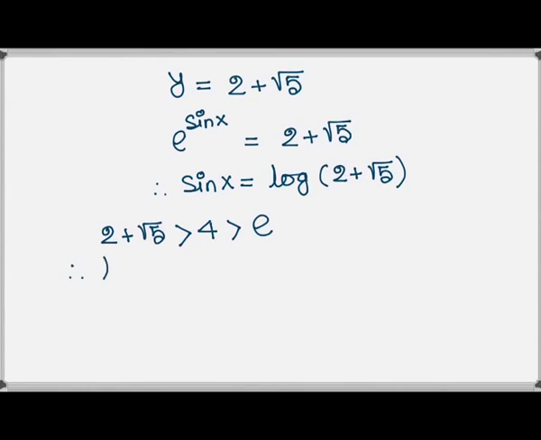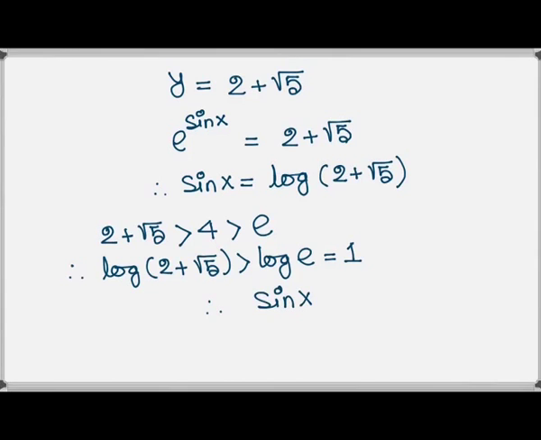So therefore logarithm of 2 plus square root of 5 is bigger than logarithm of e, as logarithm is an increasing function, and we know that logarithm of e to the base e is equal to 1. So therefore we are getting that sin x is strictly bigger than 1, which is not possible,